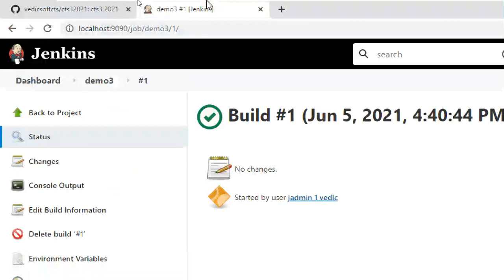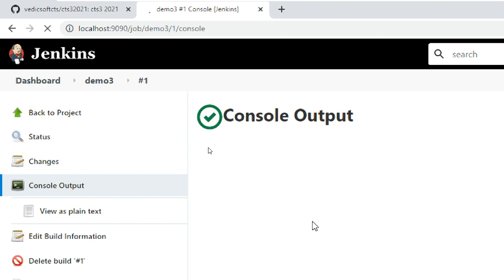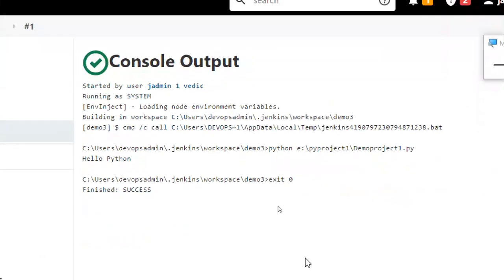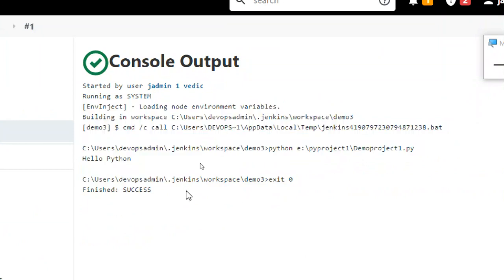The build is successful, but always check the console output whether successful or failure. It does not matter. Important is logs are important. It executed my file and showed Python.